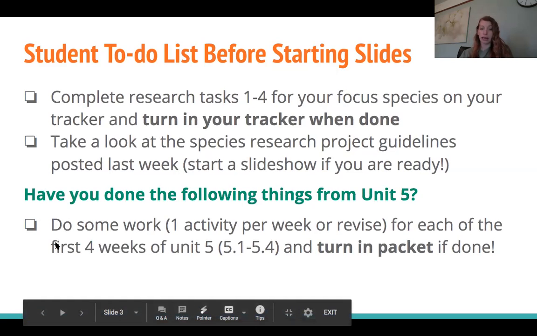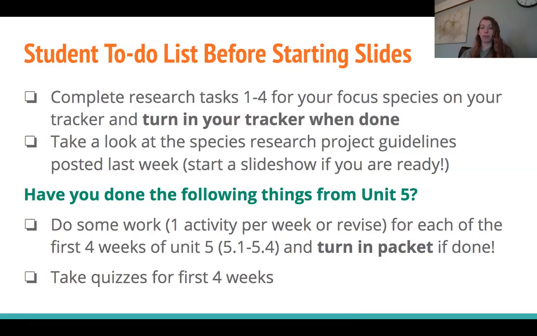And even if you're behind, it's still useful to go through and do some of that work. And then of course, if you've not finished all your quizzes, go and do that. I think most of them are still set to retake mode. So if you want to retake it, do that, but make sure you are ready to retake and make sure that your original score is retakeable. Like some of you got a 5 and then you retook it and got another 5. So, awesome, but it doesn't really mean much in the grade book.